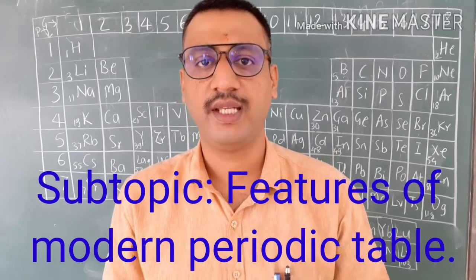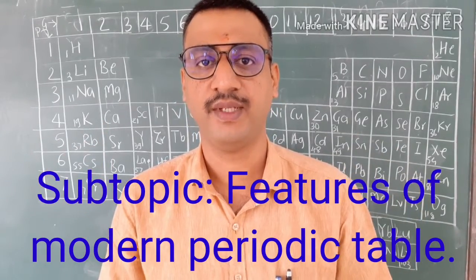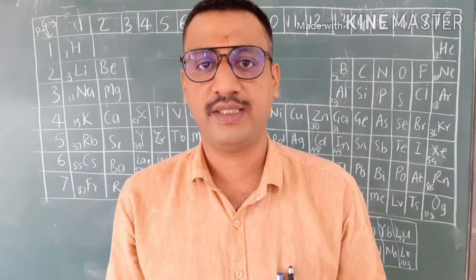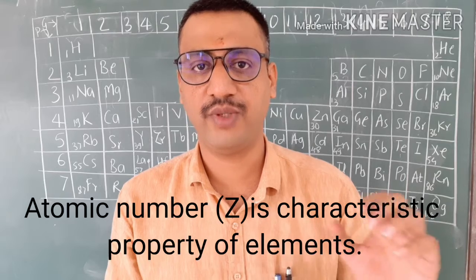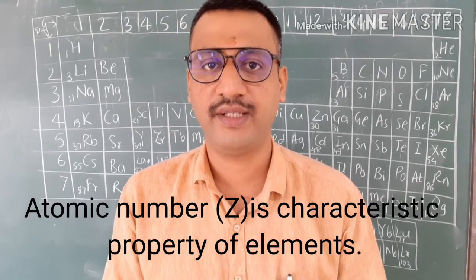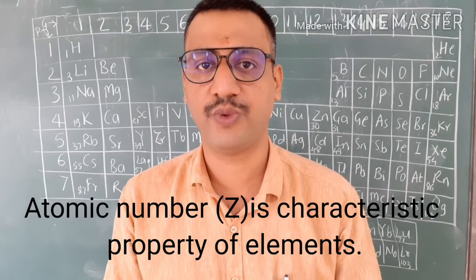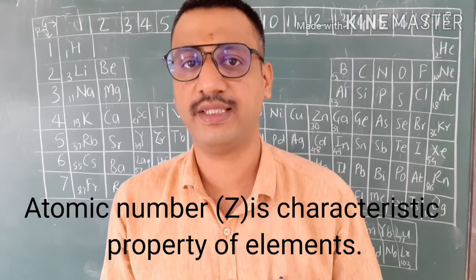Hi everybody, in this video I am going to tell you about the features of the modern periodic table. The previous scientists Dobereiner, Newland, Mendeleev, Lothar Meyer considered atomic weight as a characteristic property for an element. In 1913, scientist Moseley proved that instead of atomic weight, atomic number is to be considered as a characteristic property